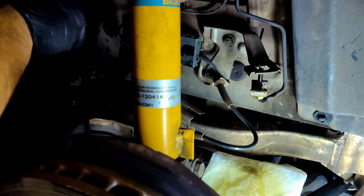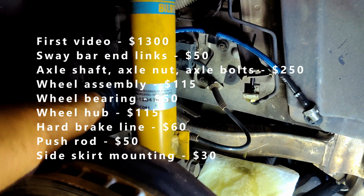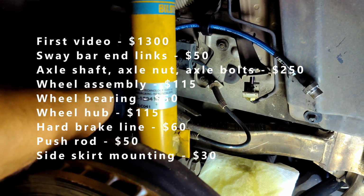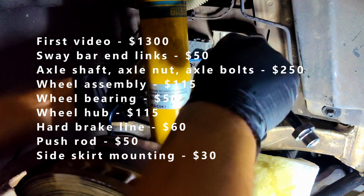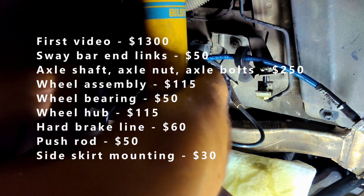As we wrap up this install, let's break down the pricing of everything that's gone into this so far. The trailing and control arms, brake lines, and wheels at right around $1,300 from my last video. The sway bar end links were replaced as well, which cost about $50 for the pair. The axle shaft, axle nut, and axle bolts ran me about $250. The wheel assembly from eBay, $115. A new wheel bearing at right around $50, the wheel hub at $115, the hard brake line for the rear,